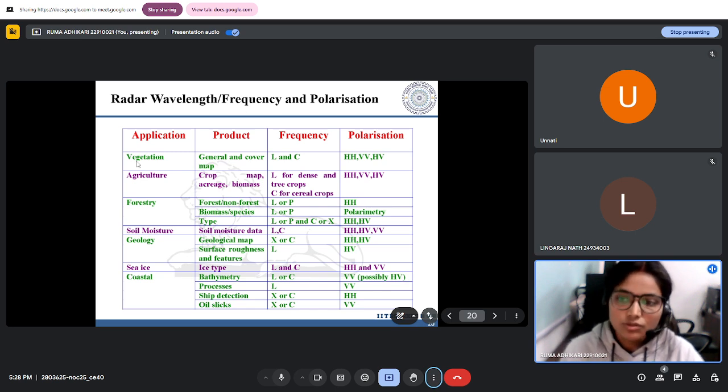So here is one chart to show you the broad domains and which bands and polarizations we normally use. For vegetation applications we use this type of band. Our interest is in soil moisture or anything related to water, so there we use the C and L band. C is always common everywhere because it is a good compromise and we have open source data. But L band, because our earth surface is covered with many types of land use land cover,